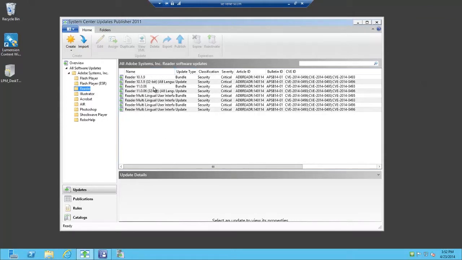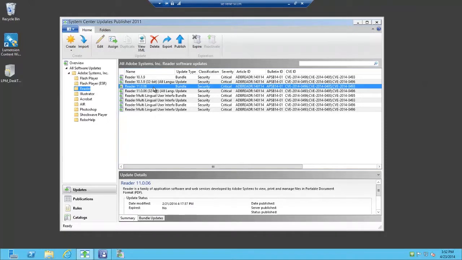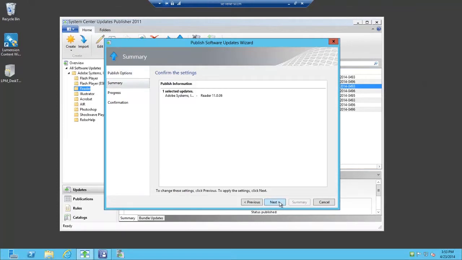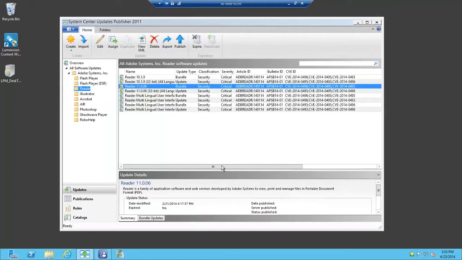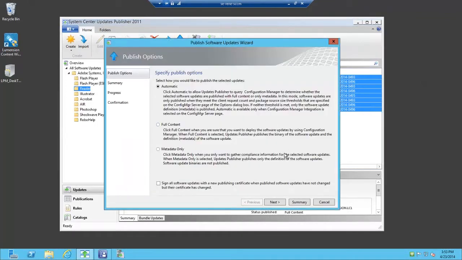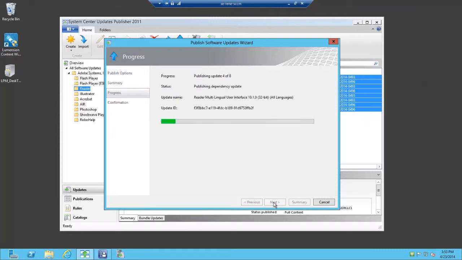So now I'm going to make sure that Adobe Reader 11.0.6 has to be installed within my environment. So now I'm going to publish the full content, and once it's published, actually let me go ahead and publish all this content because they may be applicable to my environment. So once I publish this content by using System Center Update Publisher, the next thing I'm going to do